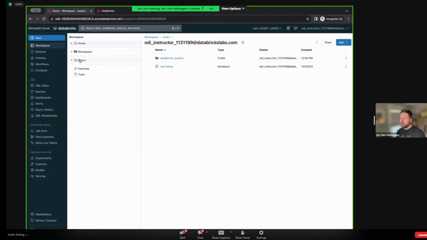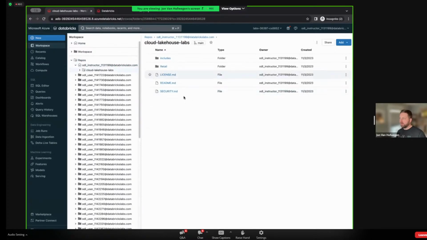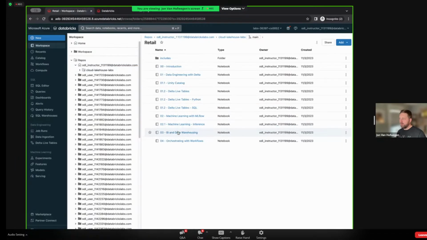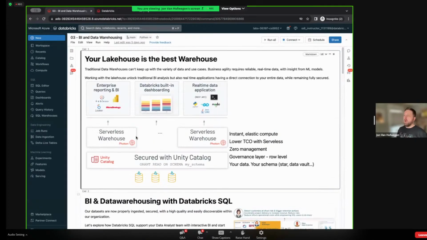All right, for this section, I'm going back to the third part of my Lakehouse Labs. So I'll be going to section 3. And now, we've moved from our data ingestion through engineering. We've enhanced the data with predictive analytics with our ML model, and now we'll be setting up some SQL queries